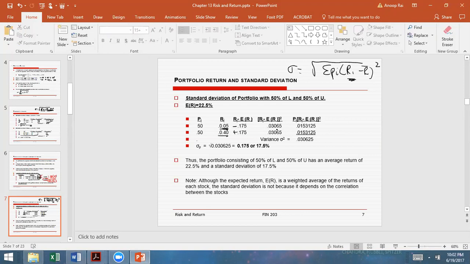Square it, multiply it by pi, sum it up, take the square root, and lo and presto, you get 17.5%. So a portfolio consisting of 50 and 50 of L and U has an average return of 22.5 and a standard deviation of 17.5. So individually, stock L, the return, the standard deviation was,